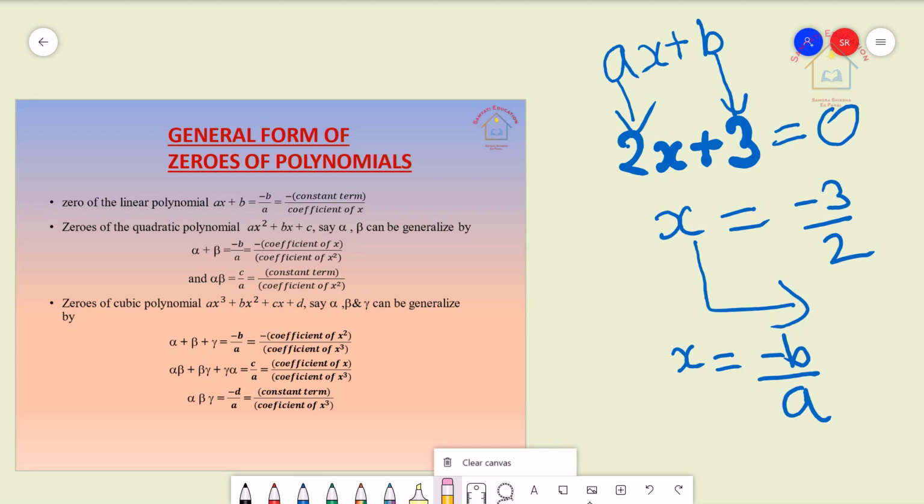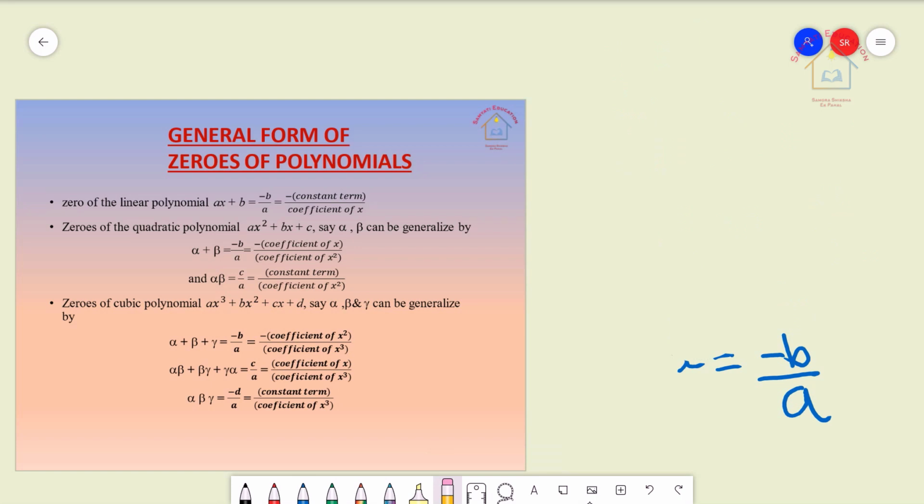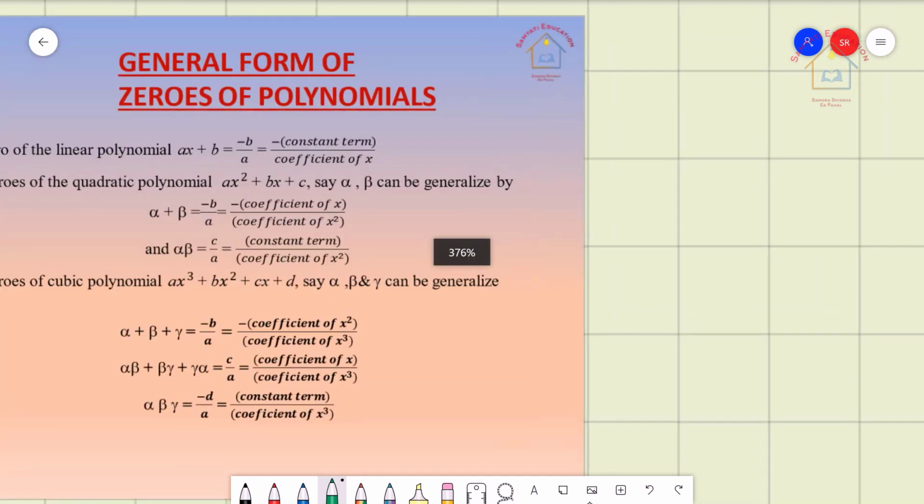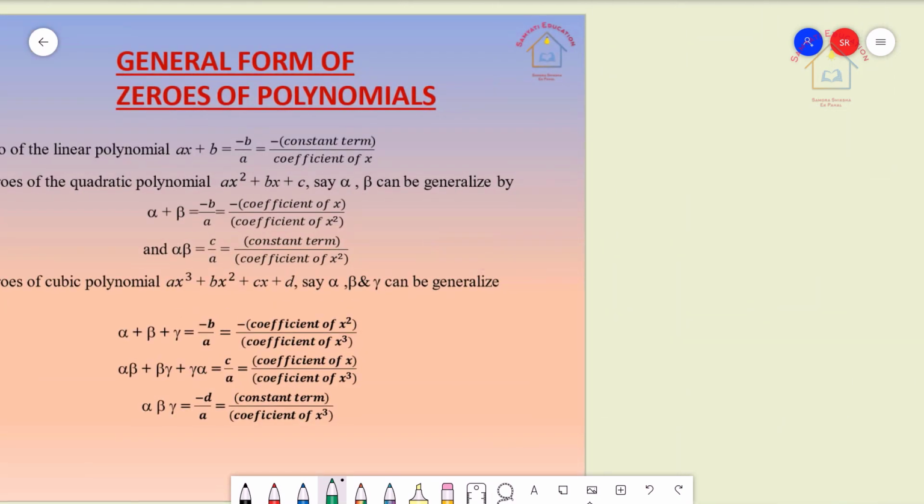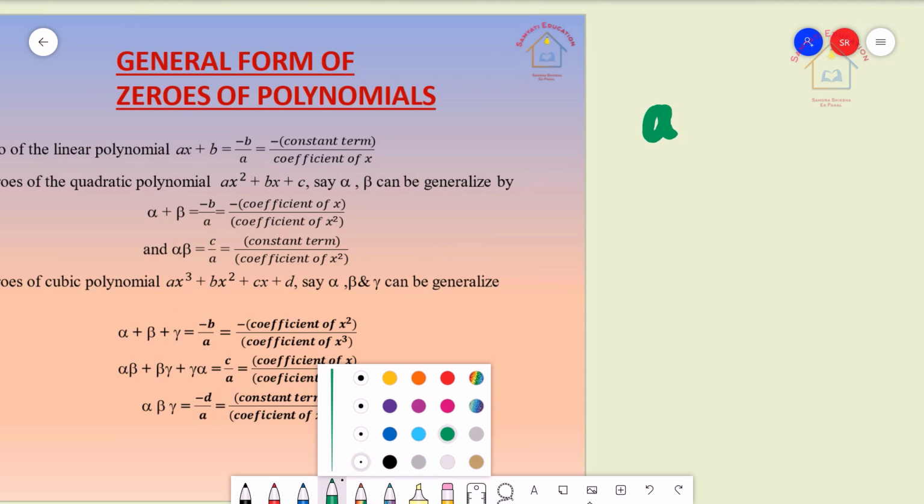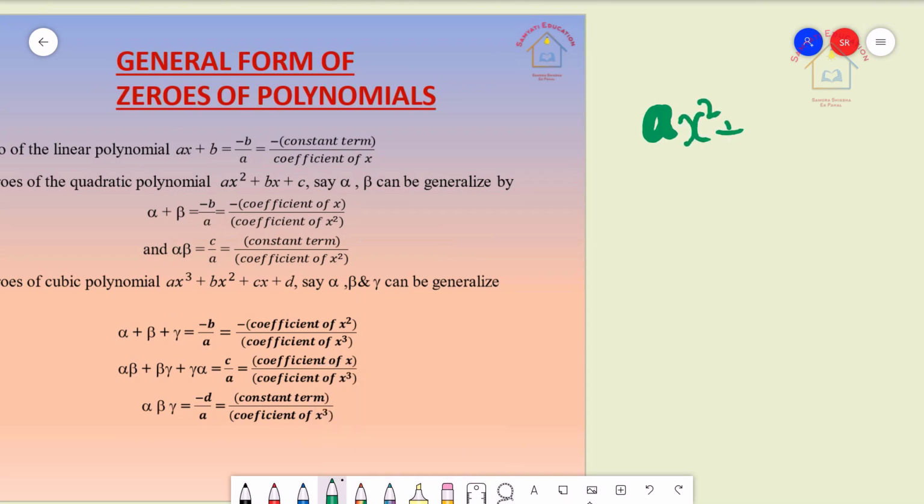Now this was a linear polynomial ax plus b, whose general form of the zero was minus b by a, where b was the constant term and a was the coefficient of x. Now similarly, if we talk about the quadratic polynomial, that is ax square plus bx plus c,